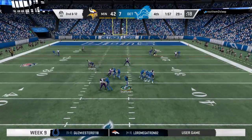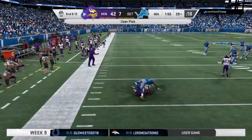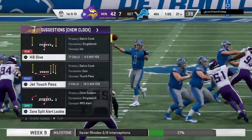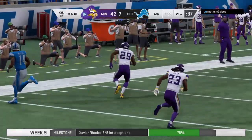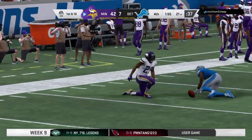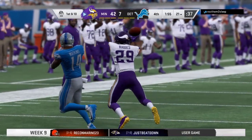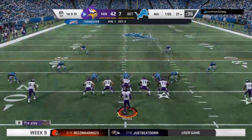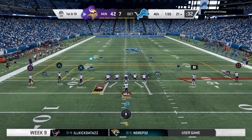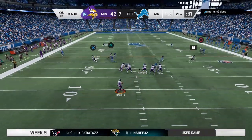On 2nd and 12, Stafford. And he's going to be intercepted a 3rd time. Xavier Rhodes with a pick. And his guys are going to take over at the 21-yard line. All smiles and high fives on that defensive sideline. That interception will cap off what was truly a tremendous performance. Yeah, if you can hold a team to 7 points in the NFL, that's the kind of day that you feel really good about. And I do know a few guys are going to think to themselves, we made 1 point. Could have had our